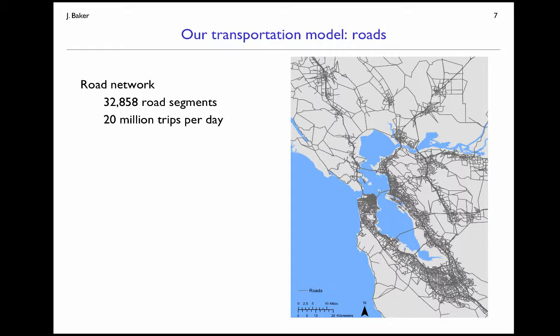Okay, so we're going to look at the transportation model as it exists today, with a very high fidelity model here. So I've got plotted over on the right the locations of the roads in this transportation model. There's a total of 32,000 road segments in this model spanning this Bay Area, and then we have a model for transit users who would like to get from point A to point B, and they have on the order of 20 million trips a day on this network. So a very large network with a large number of trips that need to take place for users to have their demand satisfied.